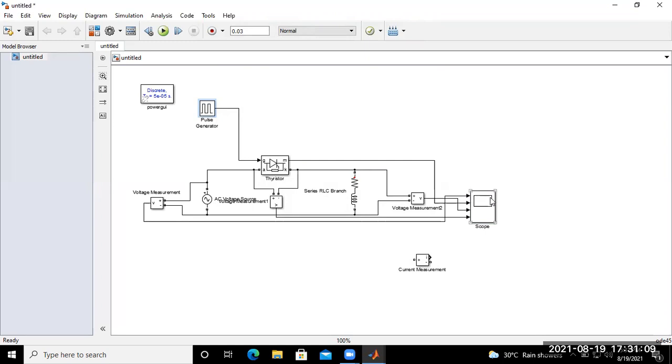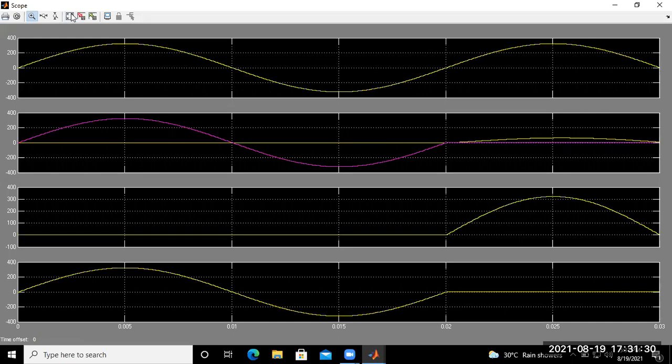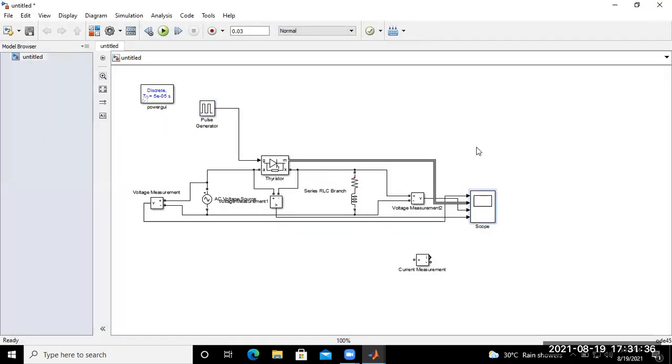Okay, so we will verify this in the next class. Yeah, he is showing some problem. I think it's fine. Change it. Okay, so just verify this gate pulse generator in the next class. The other waveforms are corresponding to that one.